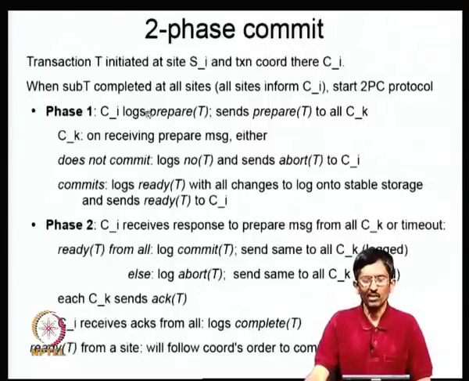So, you can see that a commit has a lot of parts to it. It can fail at any point. It can fail just after the subtransaction has been given, before the ready message has been received, after the ready message has been received, before the commit has been received at some particular site, or it can fail at multiple places. The question is, how do you recover from each of these possibilities?